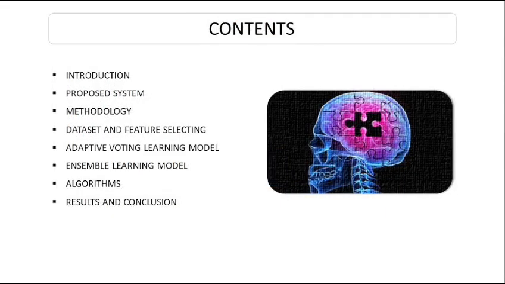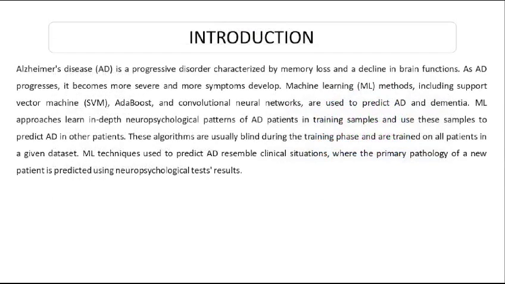Coming to the introduction, firstly, Alzheimer's disease is nothing but memory loss. It is a very dangerous disease and the symptoms develop as age passes. To predict the existence of this disease, we use machine learning techniques like support vector machine, ADA boost and neural networks. In this project, we first train the machine learning classifiers and then use the remaining data to test the